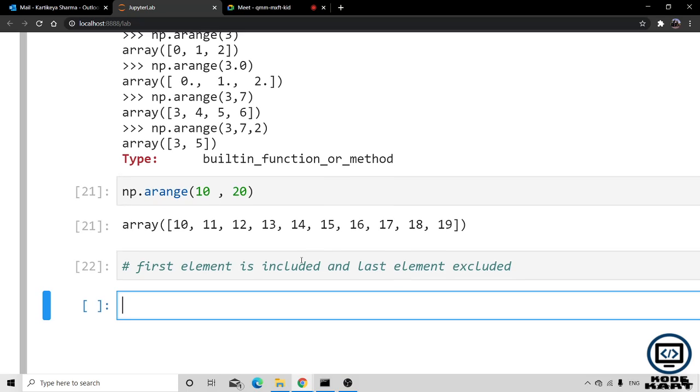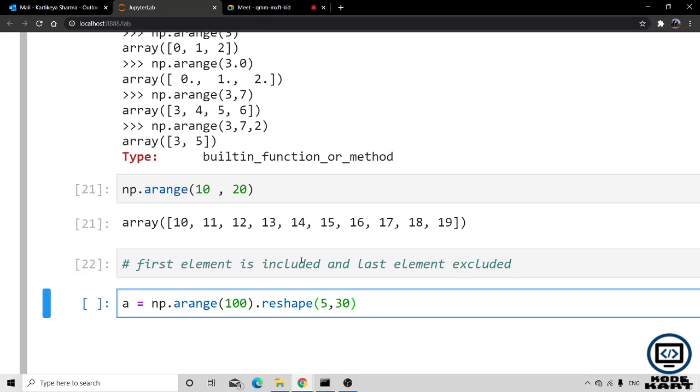So now we are going to do reshaping and see how to convert the arange array into a two-dimensional array. For doing that, let a equal np.arange up to 100 and reshape it into 5,30.